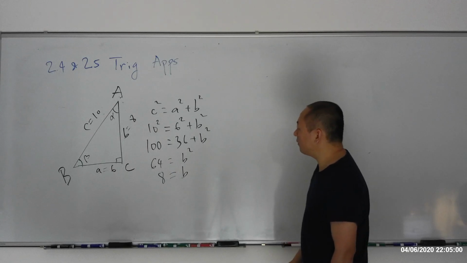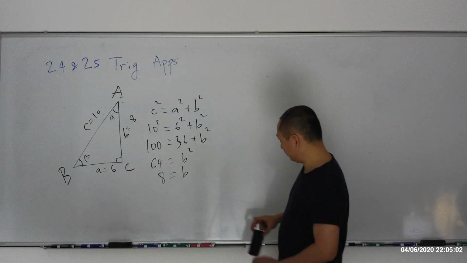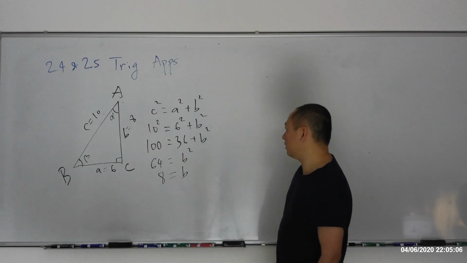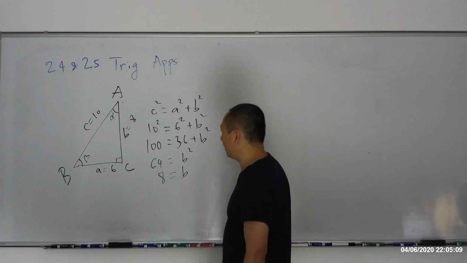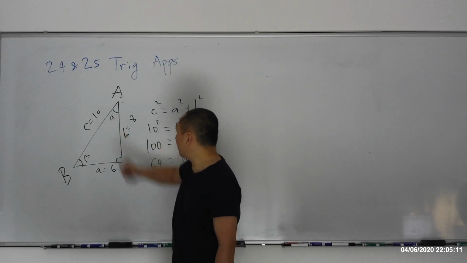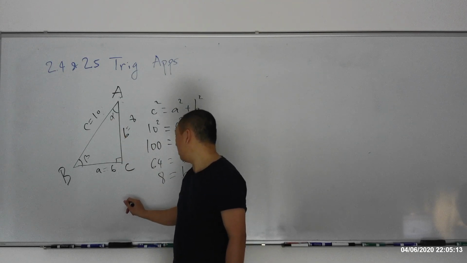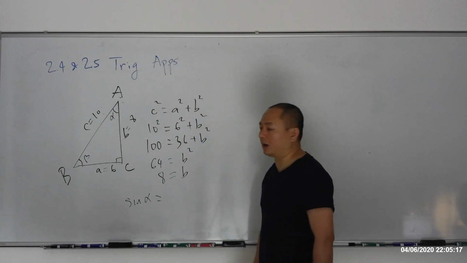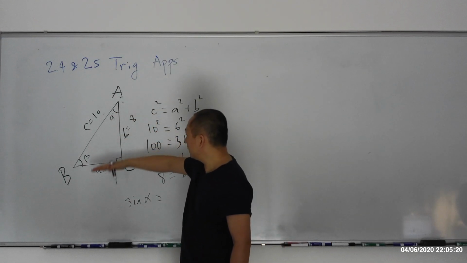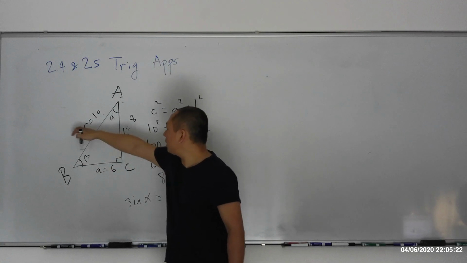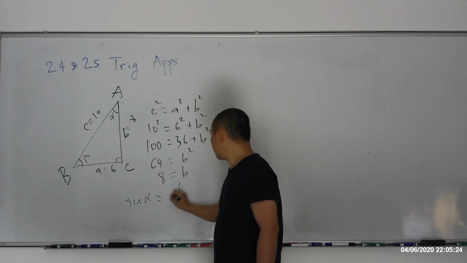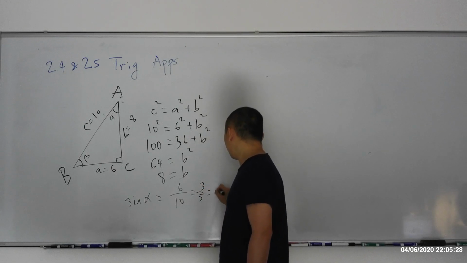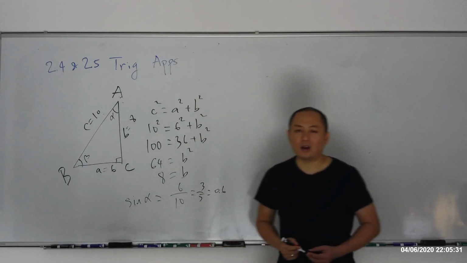Now we're going to find out the angles. You can use any trig function that you know. Let's start with sine. I'll calculate angle alpha. Sine alpha. How do we calculate sine? We know that sine is opposite over hypotenuse. So 6 over 10, which is 3 over 5, which is 0.6. Now, all you have to do is